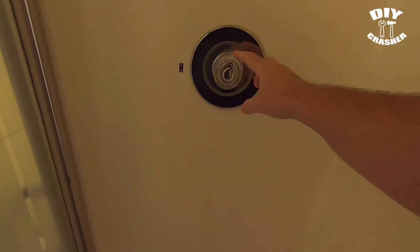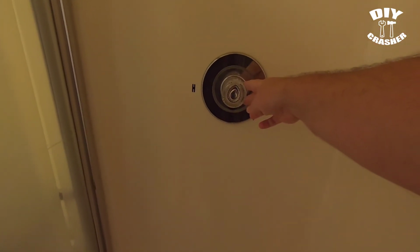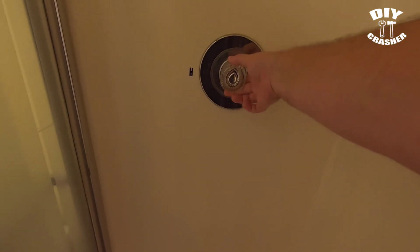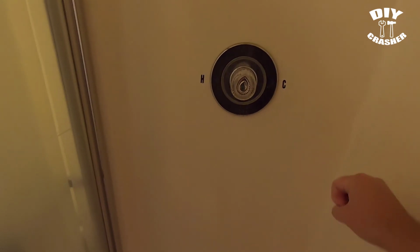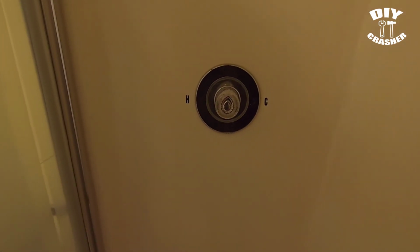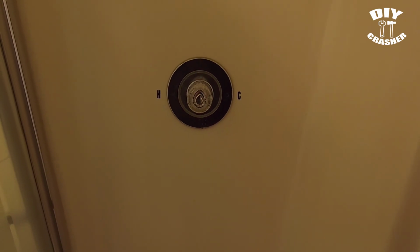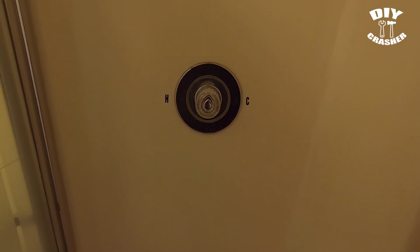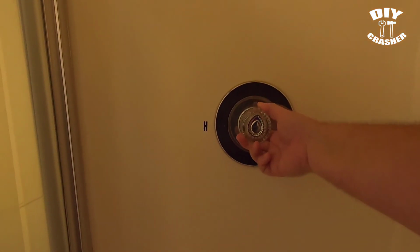Okay, so after turning off the main water valve, you'll want to open up the valve of the shower to drain out the remaining water. And just let it run out. Okay, so after draining the line,